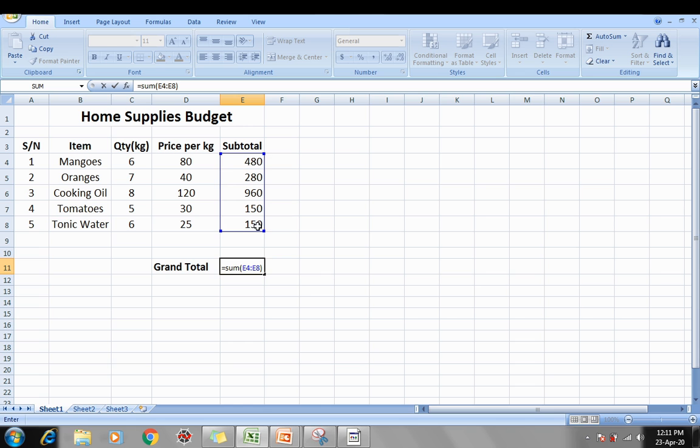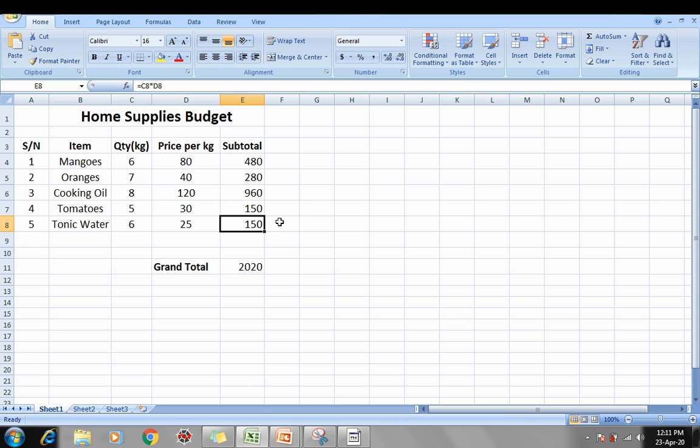When we press enter, it gives us the sum of all the values in the subtotal column, because the formula we applied is SUM of E4 to E8. E4 means this cell, then from E4 to this one, E8. When we apply the formula, we get a grand total of 2020, the summation of all the values.